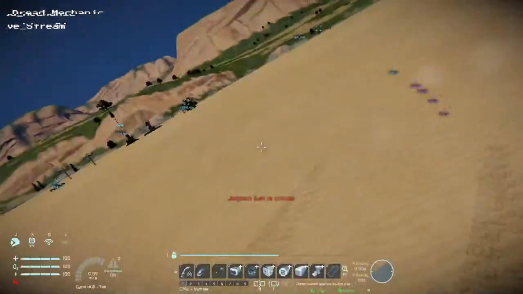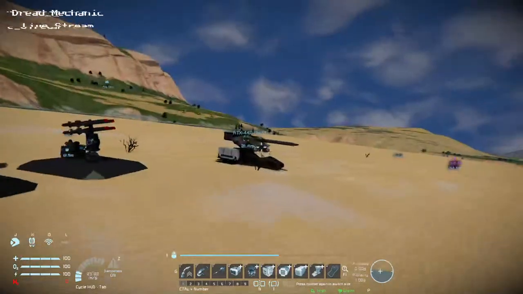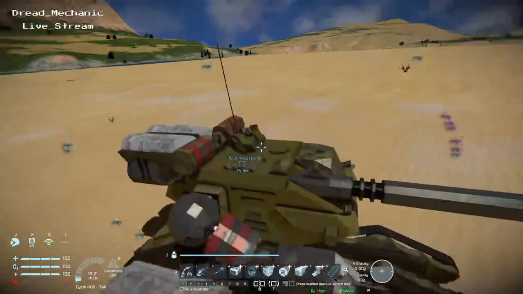Now, if we want a handbrake as well, because there is a way of making a handbrake, because my gun tank